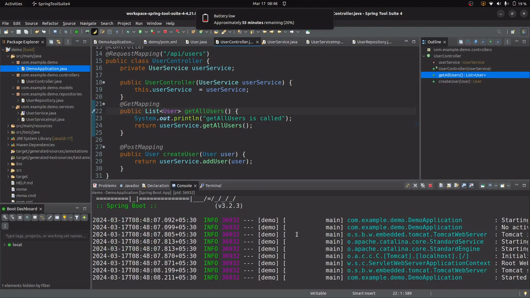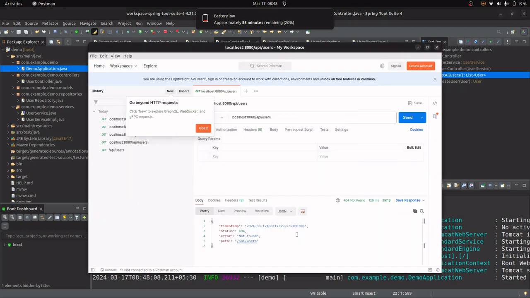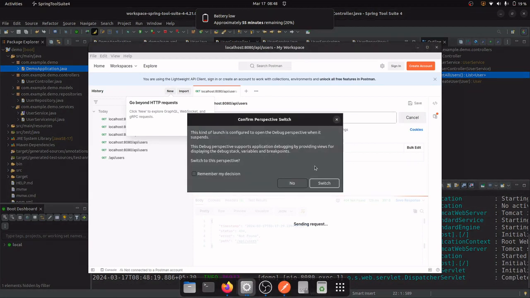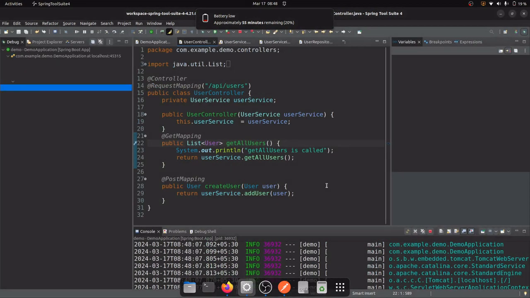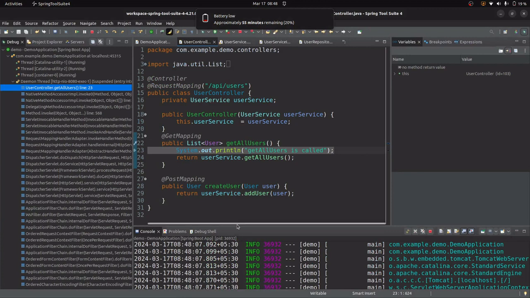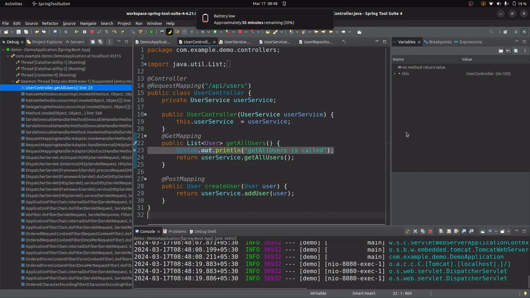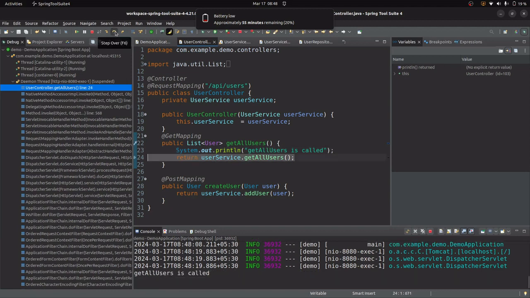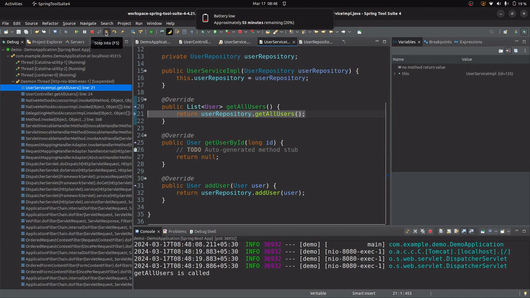So it is started in the debug mode, and I'm going to send the request. Okay, here let us see what went wrong. So here this is the object, and we are going to step over. So here we will step into this, and